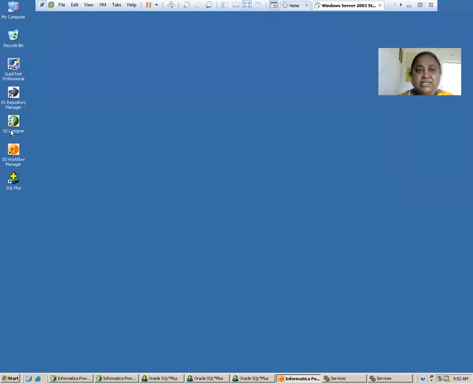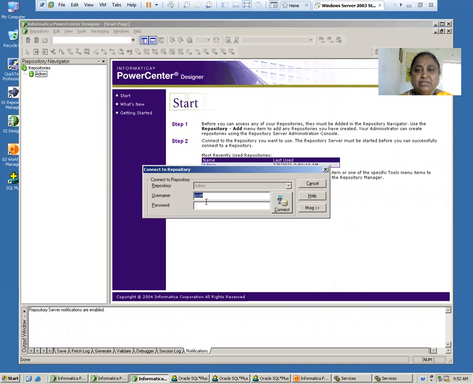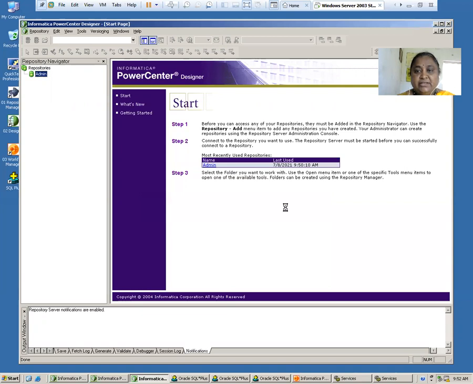The next task is I need to go for designer. So coming to the designer, right? This is your designer component. And in this designer component, again, you have to go to the repository navigator, where in the repositories you have admin and you connect, Tiger, right?